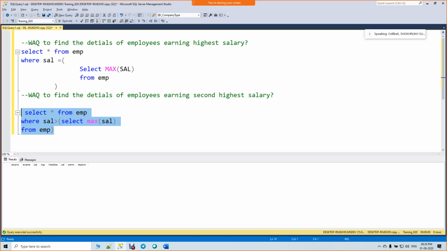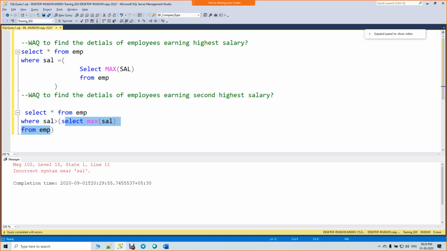I'm not getting any data. So you took a max salary and you're putting salary greater than max salary. What will be there? Nothing will be there. It's less than max salary.